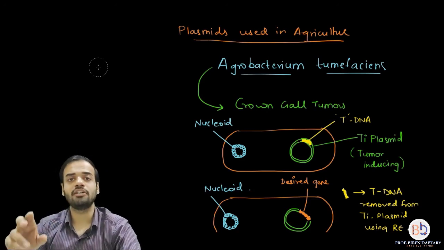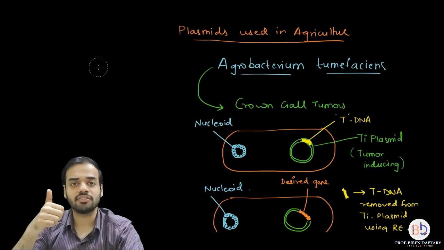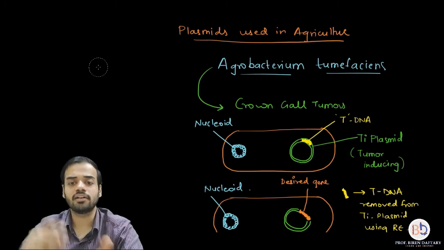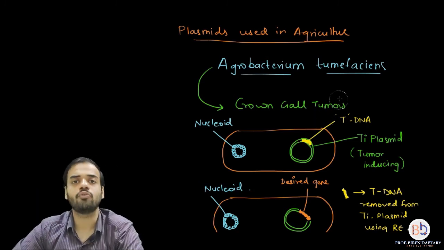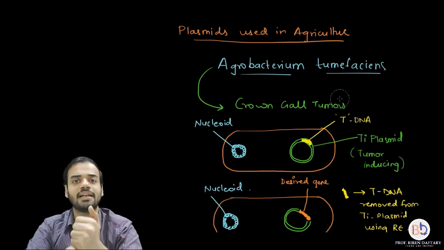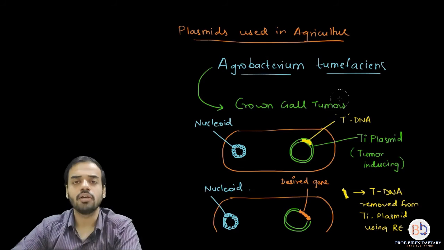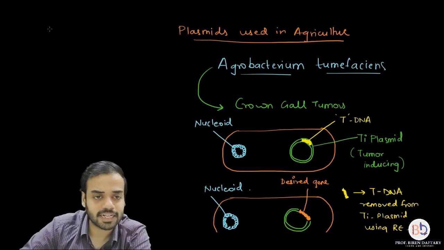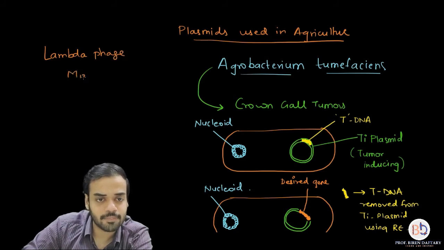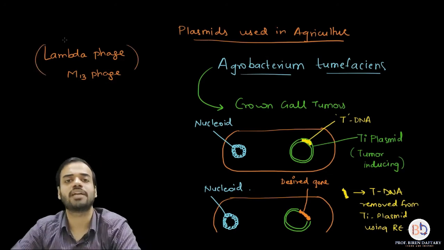So what did we learn in cloning vectors? First thing is we learned the definition. It is a vehicle to carry the desired gene into the host cell. Second, we learned the different types of cloning vectors. Which were they? The most common types are plasmids and bacteriophage. I forgot to tell you, for plasmids I told you the types. Bacteriophage, the two common types of bacteriophage are lambda phage, okay, and the other is called M13 phage. So these are the two main types of bacteriophage which are used as cloning vectors.